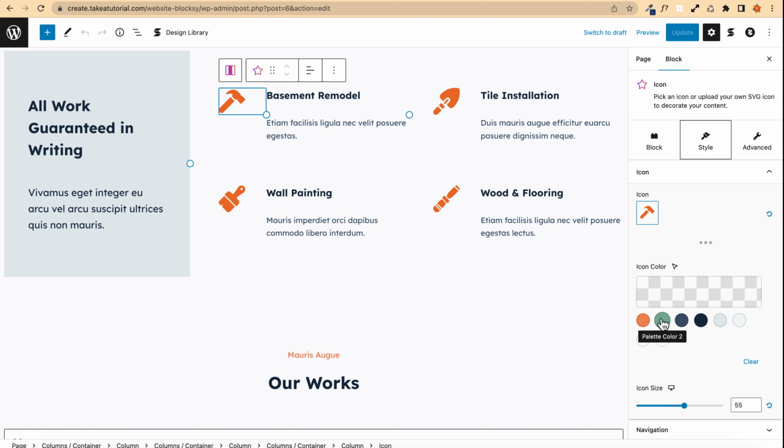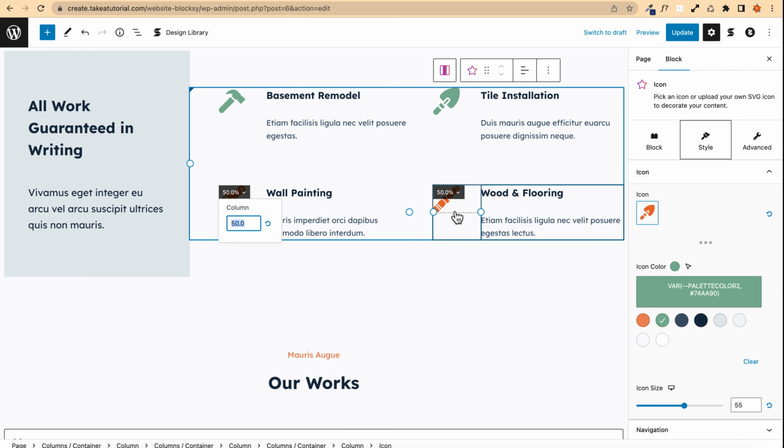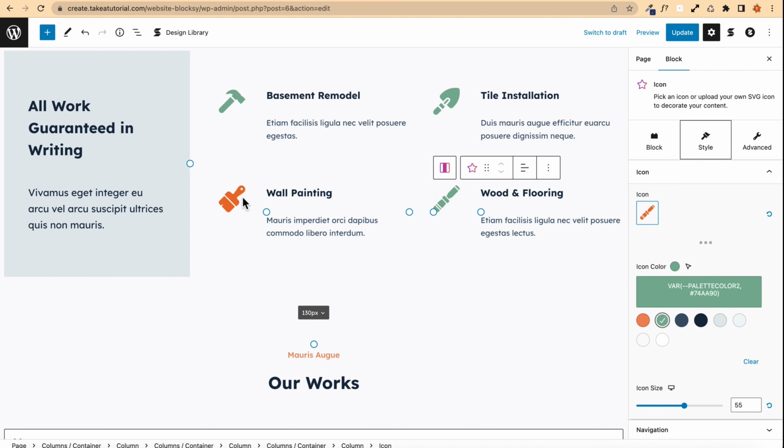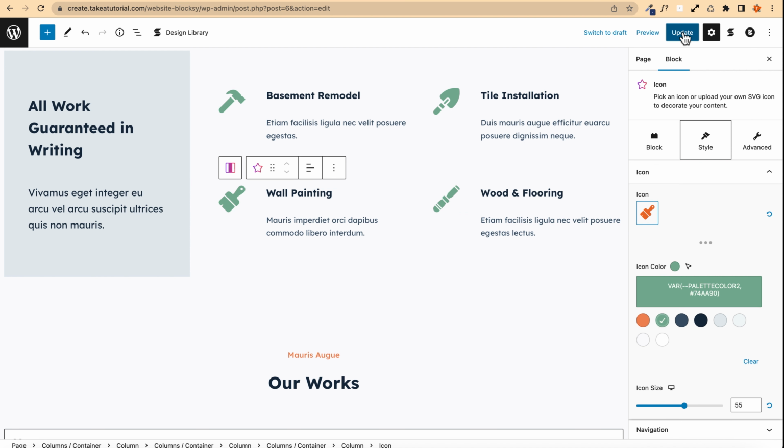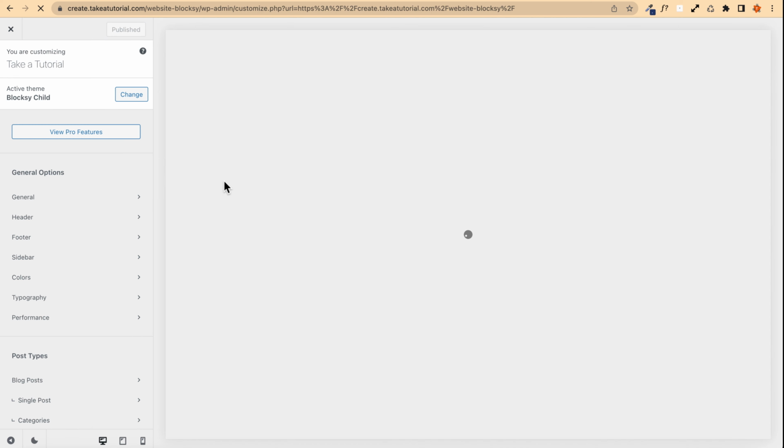For example, here I want all these icons to be green. I click on the green color by clicking on all the icons like this. And once I update my page, I will be sure that these colors will update correctly when I use my global colors. For example, if I go to Customize now, and if I need to change all my color palette,